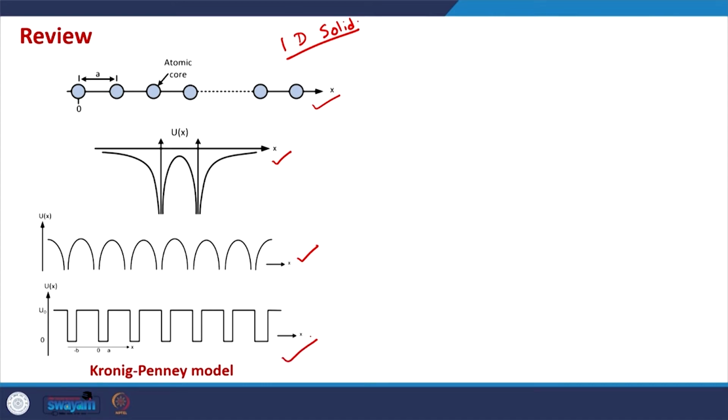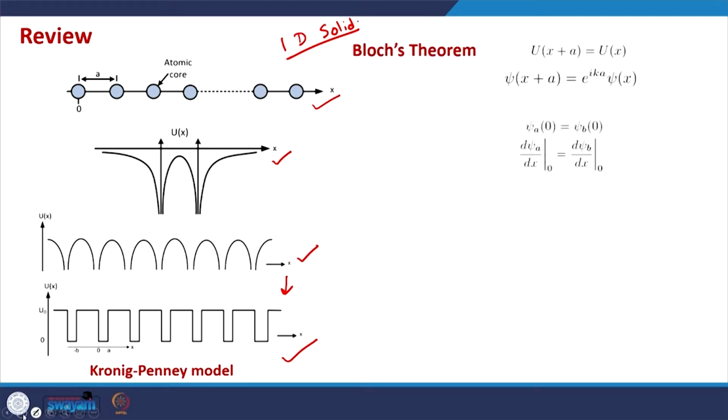Here we invoked the Kronig-Penney model, the so-called KP model, which allows us to solve the Schrodinger equation for electrons in a 1D solid precisely, but with a slightly different kind of potential profile. Here we avoid infinities in the potential energy, and we take finite potential energy values, and the profile looks quite similar to the actual solid, not exactly the same but quite similar to that. And with this potential profile, we saw that by using Bloch's theorem, which essentially allows us to calculate